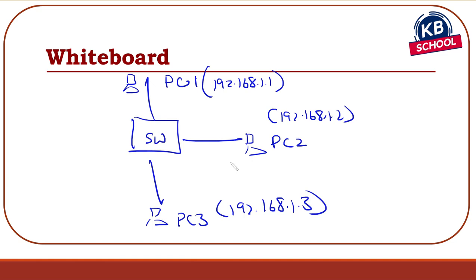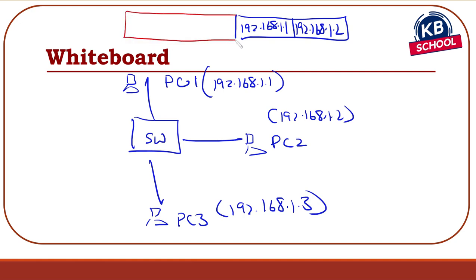What do I use to send the traffic from PC1 to PC2? Obviously, the IP address will be there, because most of my protocols are going to be based on IP. So this is the IP packet. Now, in order to forward the packet locally on the same network, the device that will be connecting these PCs to each other is the switch. What the switch does, it works predominantly by looking at the layer 2 header